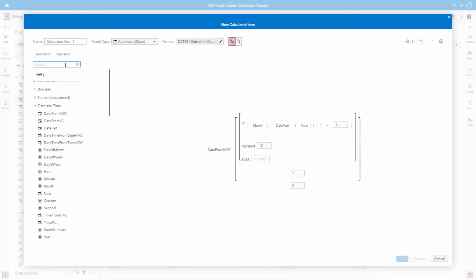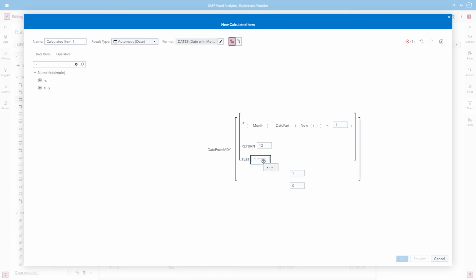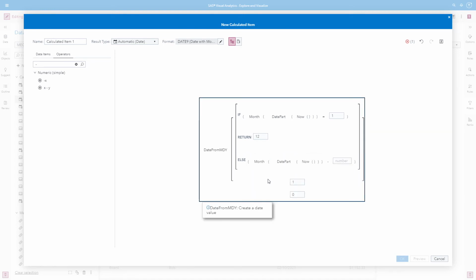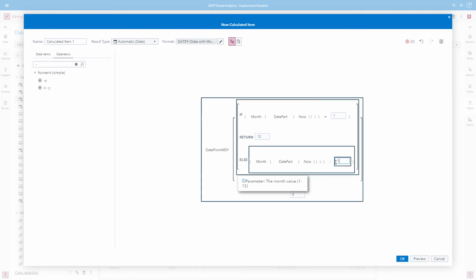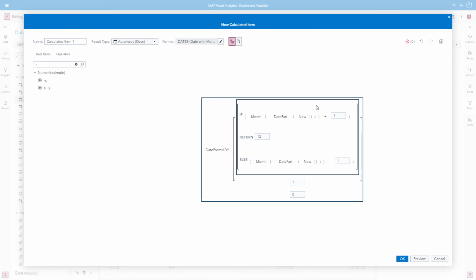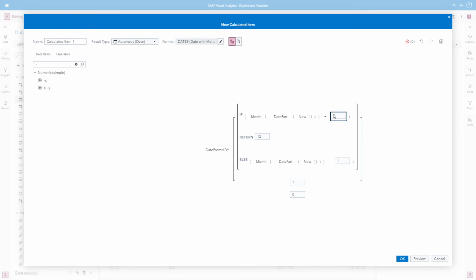So let's go ahead and get our subtraction expression, and we need to get the month. So we're going to go ahead and copy this and paste it here. So we need to get the month of now minus 1. So now we have our month expression, including the irregular case for January already taken into account. If the month of now is January, then return December. Otherwise, just subtract 1 from month. And we want to return the 15th of the previous month. And so now, if the month is January, we need to subtract 1 from year. Otherwise, leave the year alone.